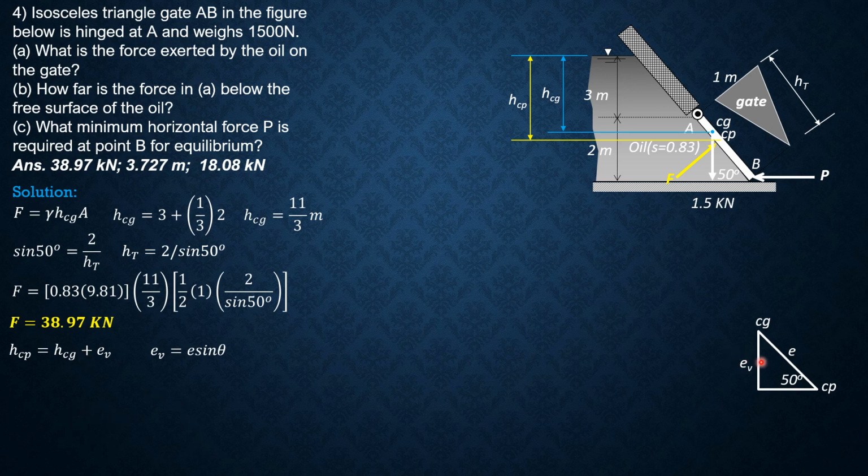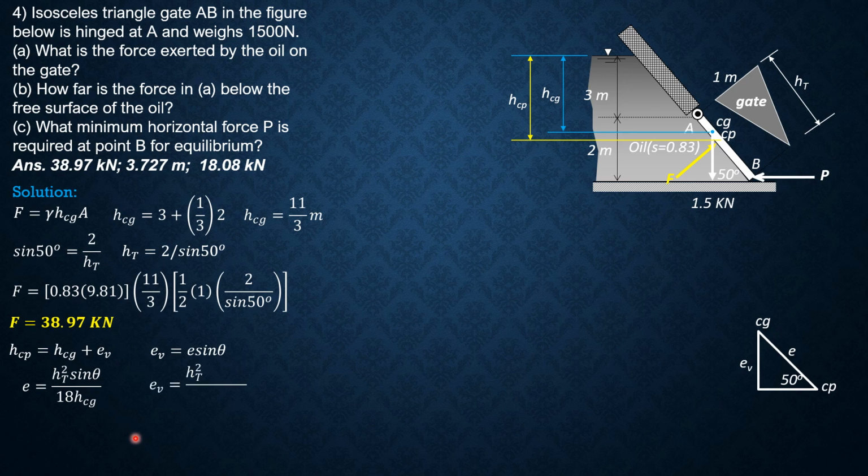We already derived that. Therefore, E sub V is this value times sine theta, so E sub V is H sub T square sine square of theta